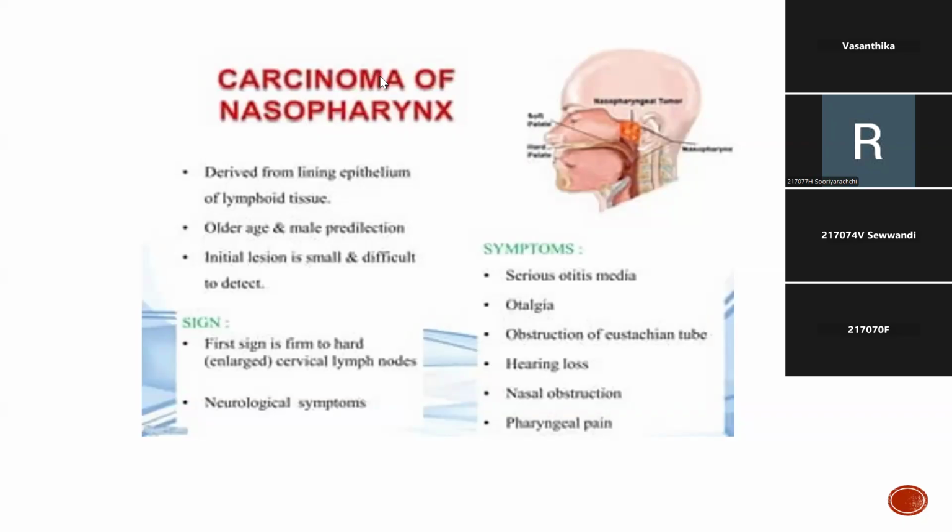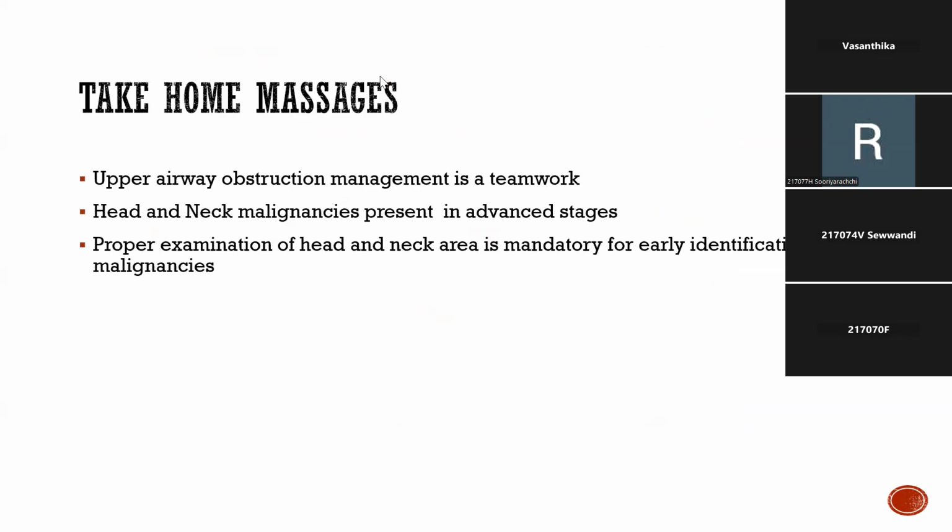I talked about the laryngeal carcinomas in the previous slides. So the take home messages of the ENT area: upper airway obstruction is a must that you have to know. Head and neck malignancies may present at advanced stages because of the unawareness of the medical team for proper early diagnosis. So you have to be aware of voice change more than 2 weeks, any significant dysphagia more than 2 weeks, odynophagia, breathing difficulties, secretory otitis media,